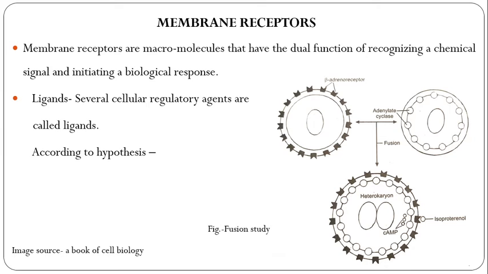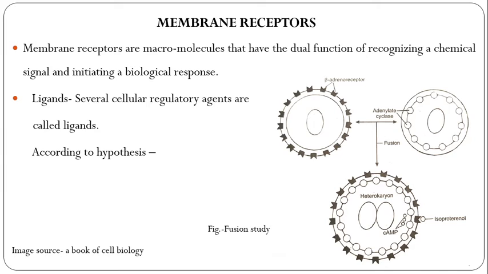One cell has beta adrenoreceptor and the second has adenylate cyclase, and they fuse together. The resulting hybrid cell contains both macromolecules, enabling coupling between the receptor and adenylate cyclase to occur. In these hybrid cells, under the influence of the ligand isoproterenol, there was production of cyclic AMP, and the original unhybridized cells were unresponsive to ligands.